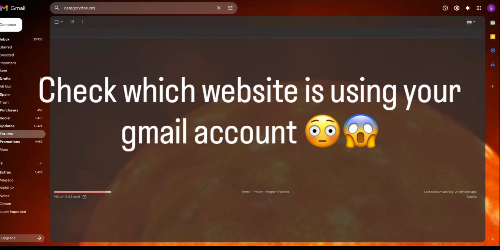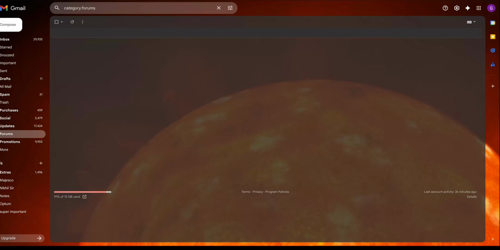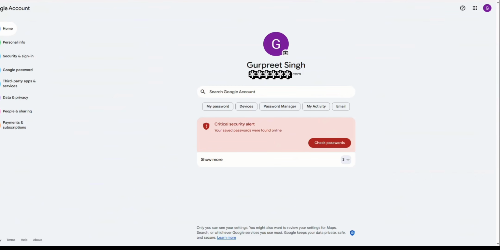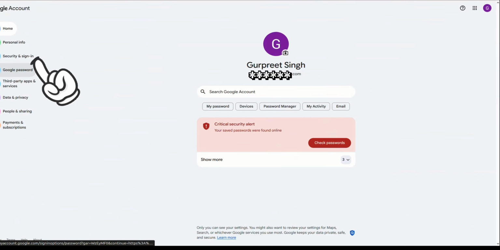Hi, so in this video we are going to see which websites are using our Google account. For this, right click on the right hand side of your Google account and select manage account. From here, go to the left hand side and you will see the option for security and sign in. Click on that, security and sign in,